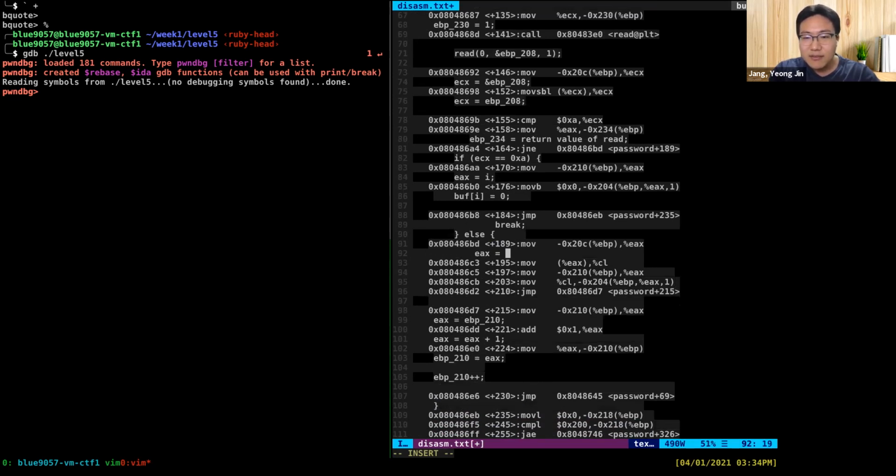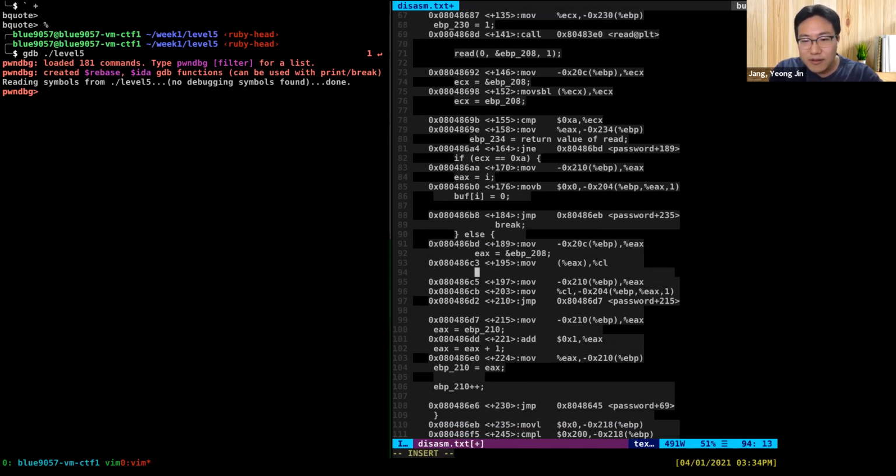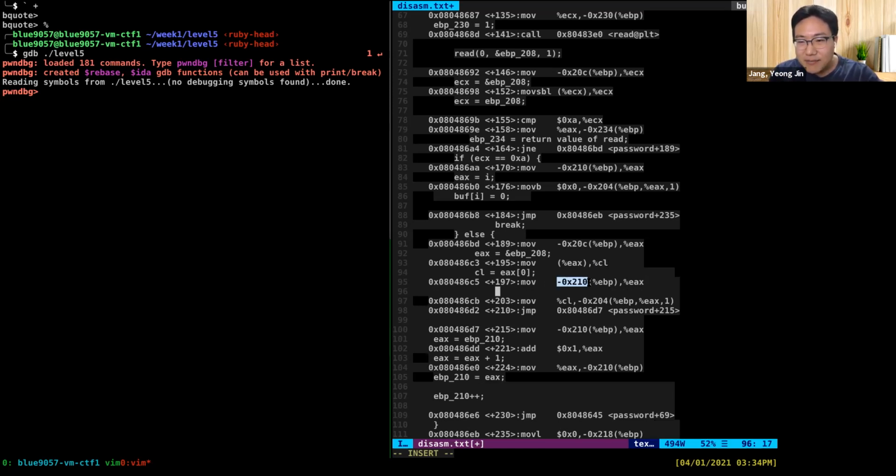Then EAX will be EBP minus 20C. Yeah. And then that's actually the address of EBP minus 208. And then it will dereference EAX to the CL register. Yeah. And CL is the lower 8 bits of the ECX register, so you can regard this as an 8-bit, 1-byte register. Yeah. And then we know that the EBP minus 210 is the variable I, so EAX will store I,